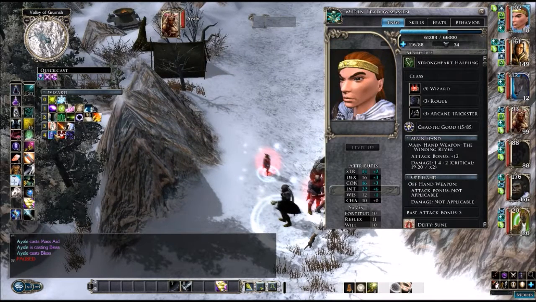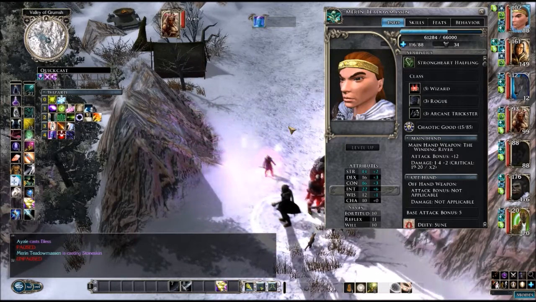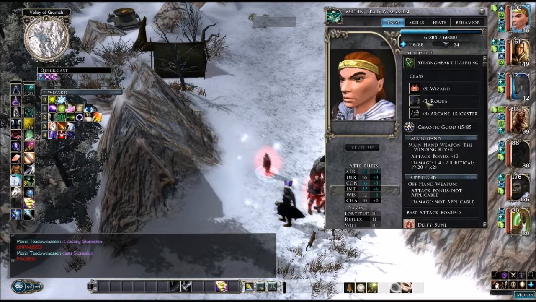Yes. As a matter of fact, that's probably a good idea too. There we go. A little stone skin for him. Now, of course, I buffed Marin, my main character, up. She has her armor class up. I buffed him